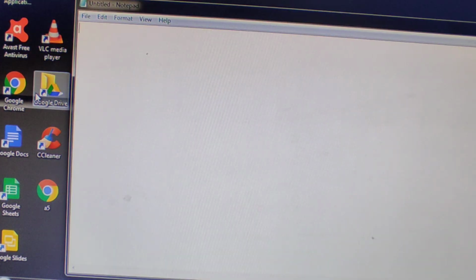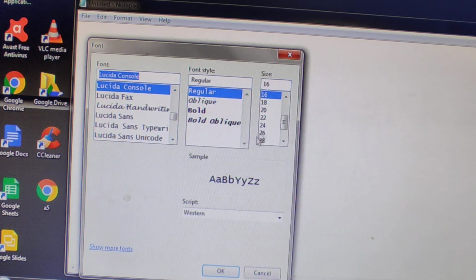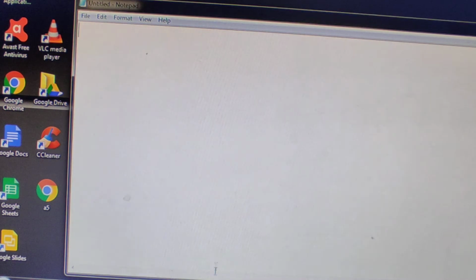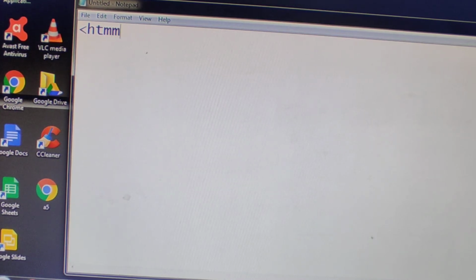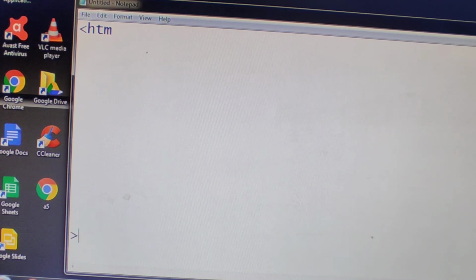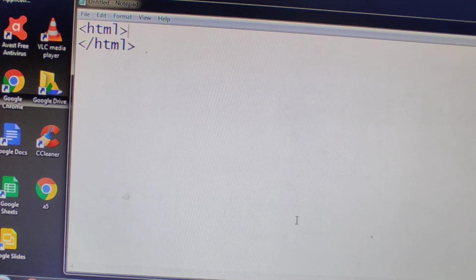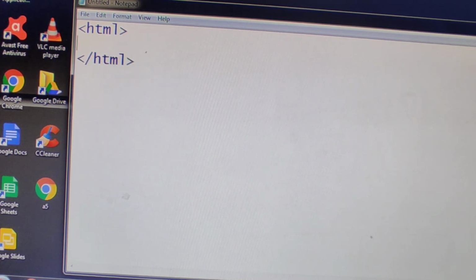Open Notepad. Here you type a simple HTML program. I'm increasing the font so that it is visible to you. Inside the HTML, you give the head.